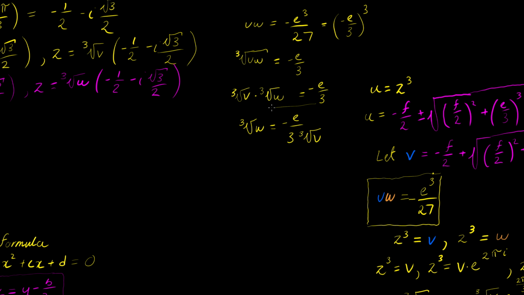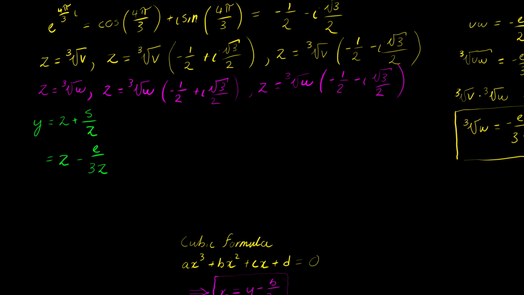And this is very interesting. This is very, very useful as well. Because we just figured out that y is equal to z minus e over 3z. So if we plug in one of our values, we know that one of our possible values of z is just the cube root